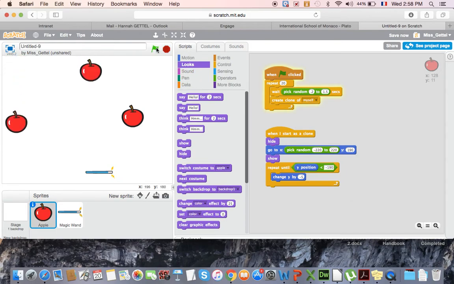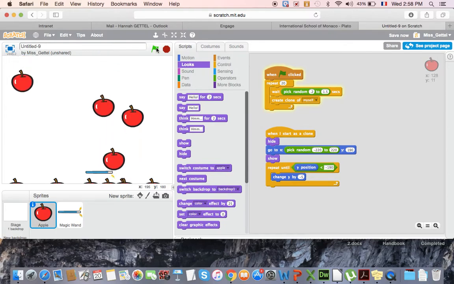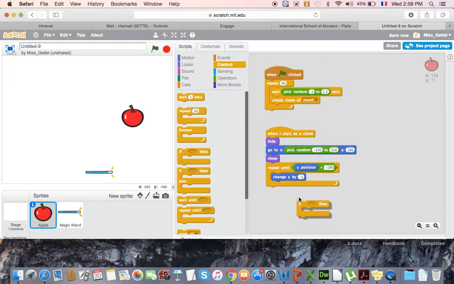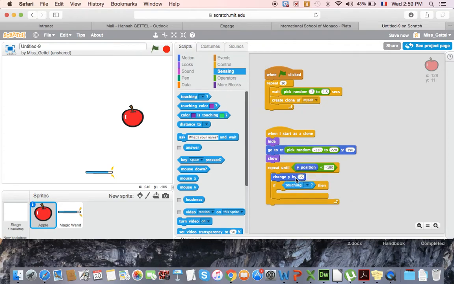So now my apples are randomly falling to the bottom of the screen. Lovely. Okay, so I'm going to stop that now. In this loop, repeat until the Y position is less than minus 190, I'm going to have the instruction whereby if the apple is touching the magic wand,